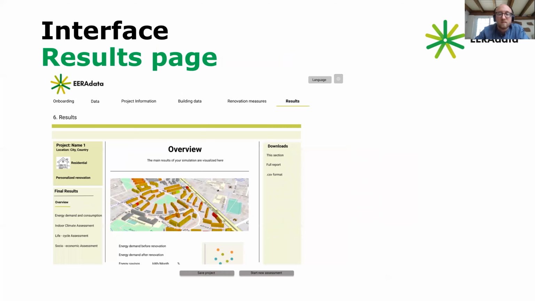And then in the end, you get the results, which are visualized here in a CityGML JS file, and you select the building that you want, and you get an overview over the different potentials. This is how we envision it at the moment. The tool is under programming, so we see that in spring 2021 we will have the tool functional, and then the interface also will evolve, and also with your help, I think we can improve a lot here.